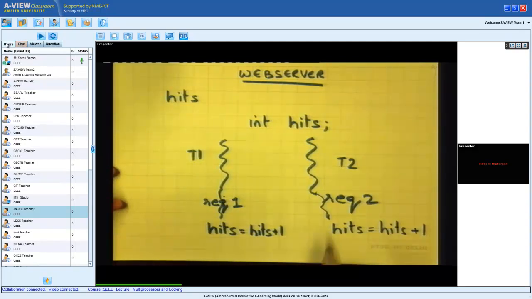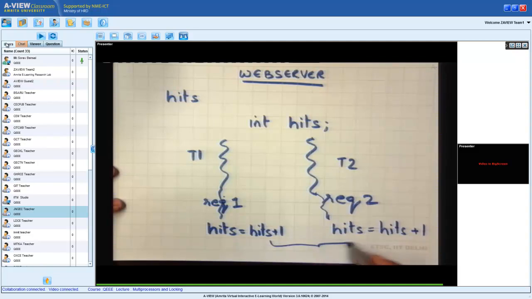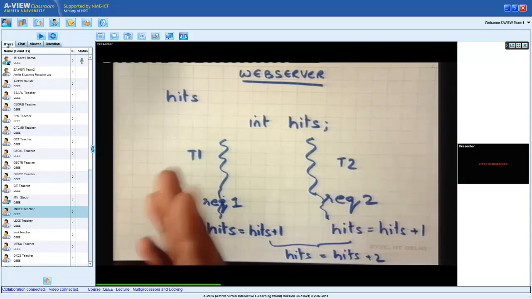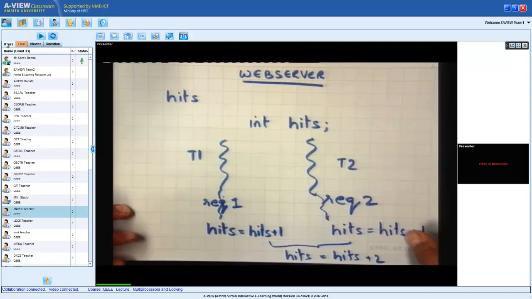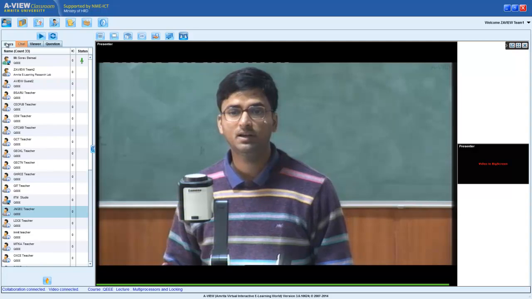So what should happen if both of the threads have finished? Finally, the sum effect should be hits is equal to hits plus 2. Okay. That should have been the final effect. But I'm going to show you that it's possible that if these threads execute simultaneously, then the final effect is not hits is equal to hits plus 2, but can be something else, right? So let's see what it can be and why.